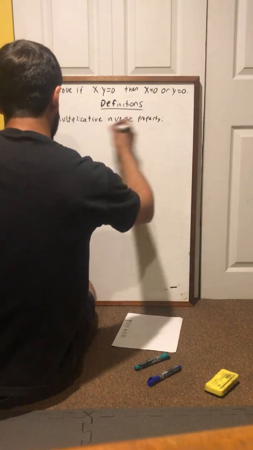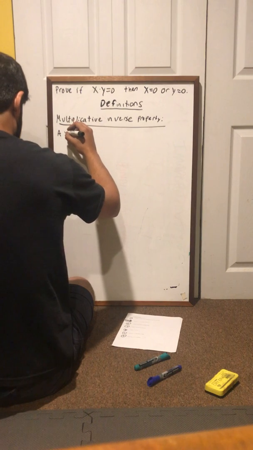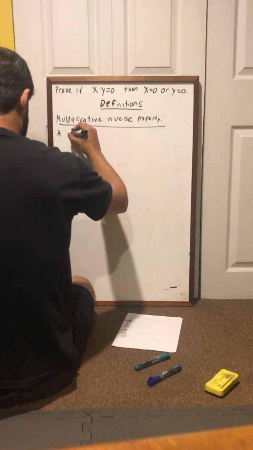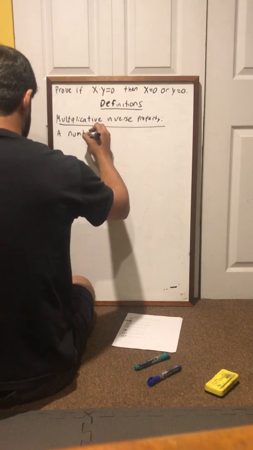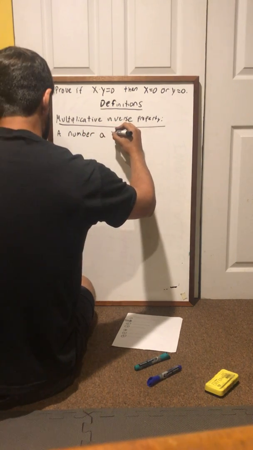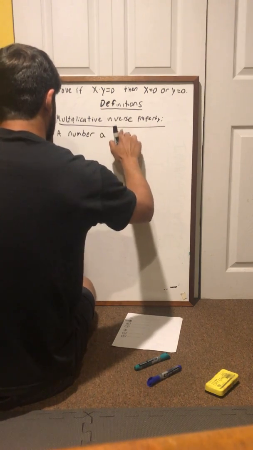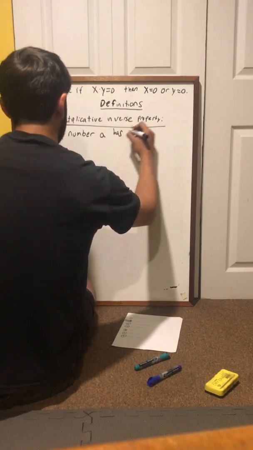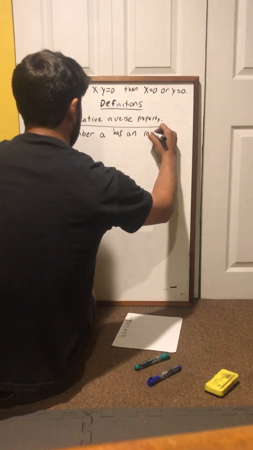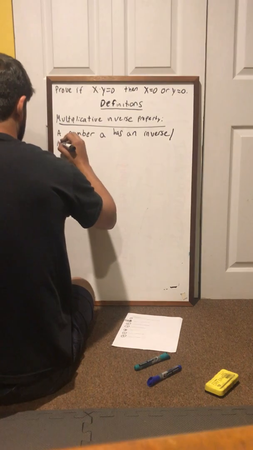And that's going to say a number, let's say A, has an inverse, or we can also call it a reciprocal,